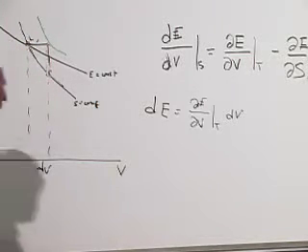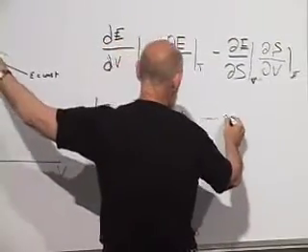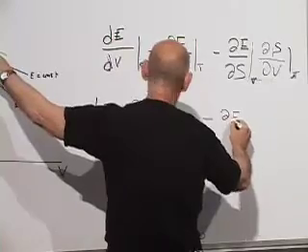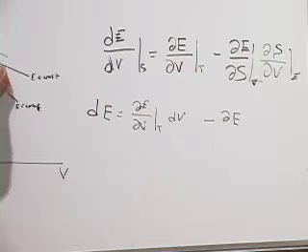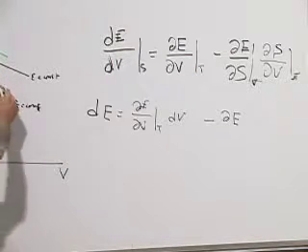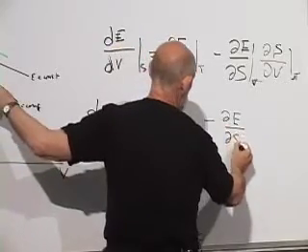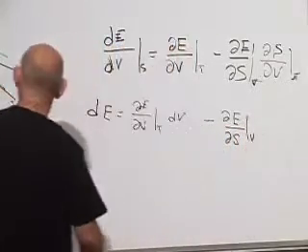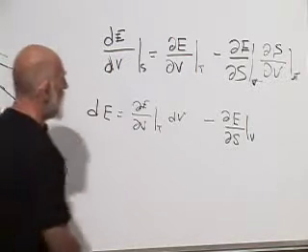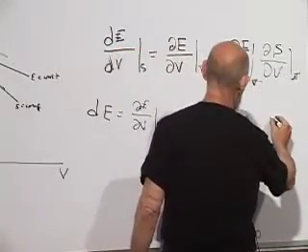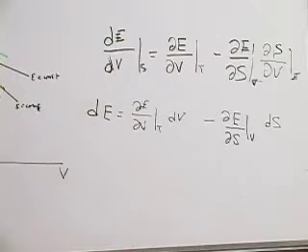And then vertically going downward is minus the derivative of energy with respect to a change in the entropy. The entropy here and the entropy here is different, at fixed volume, because I've dropped vertically, times the change in the entropy in going from here to here. And that's it.